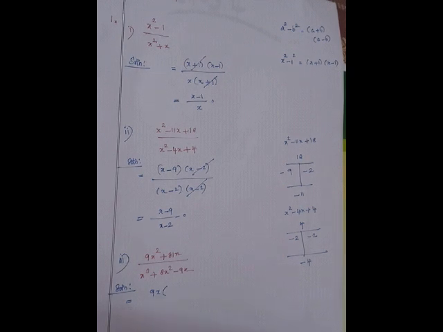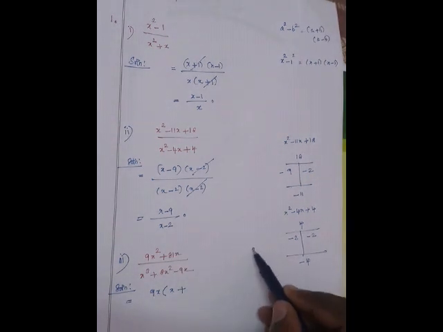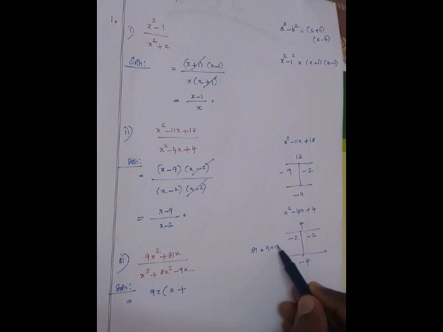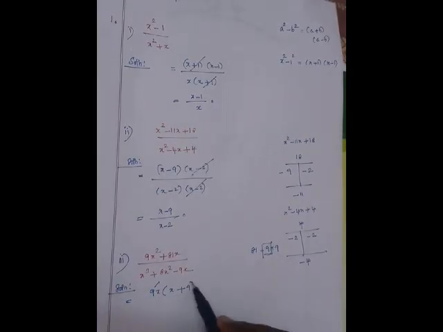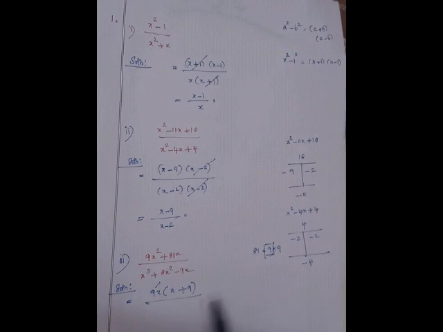If you take 9x out, what do we have? Here 9 out, then one more x remaining, so 1x. Plus, here 81x, we took x out, and this 81 is equal to 9 into 9. Already we took one 9 out, so the remaining one 9 is there. So 9x of x plus 9, divided by